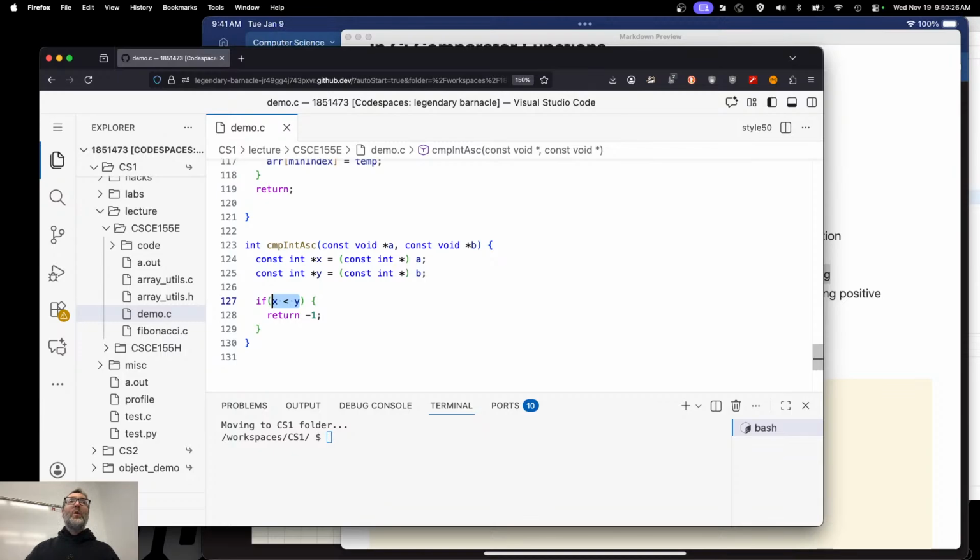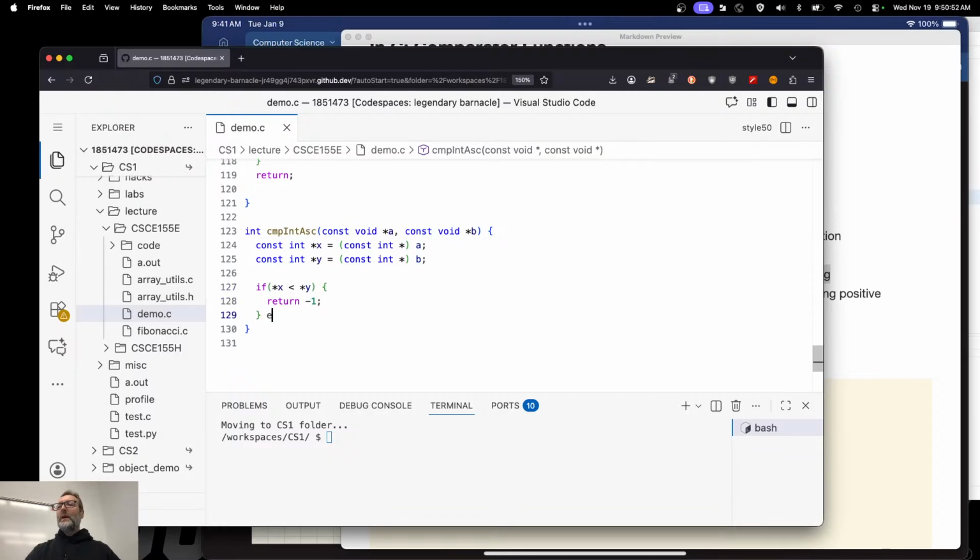I mean, this will work, or it'll do something. It won't work, but it'll compile and it'll run. What you're asking is that memory location x come before the memory location of y, right? And that's not what I want. I want the value stored in x. What do I put in front here in order to dereference x to get its value? It's a pointer, so asterisk, right? Or star, right? There we go.